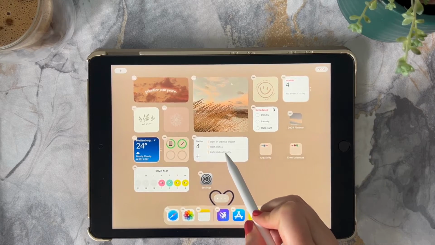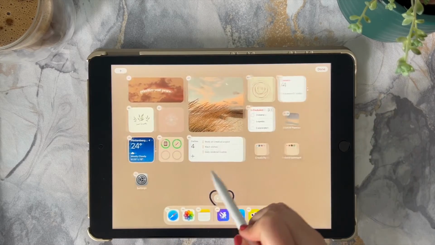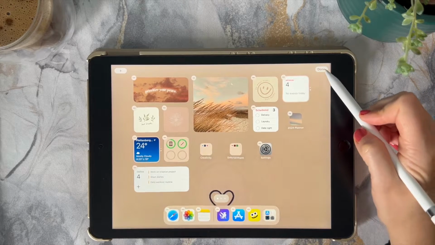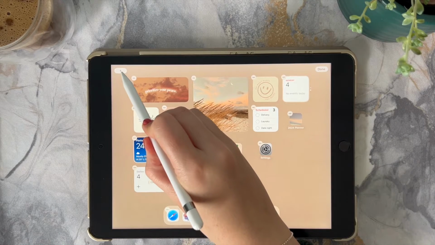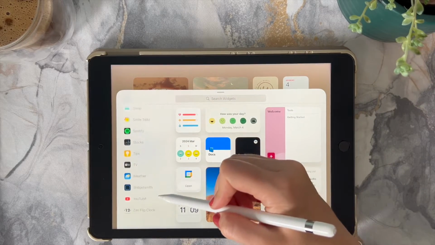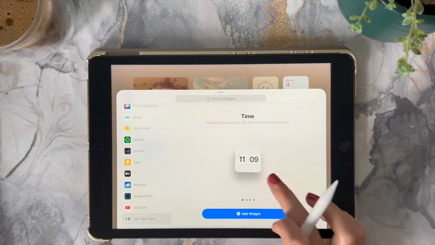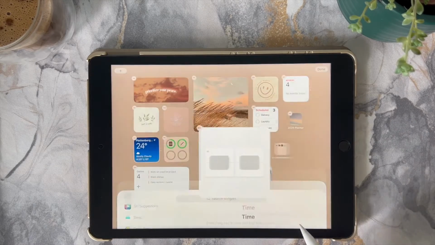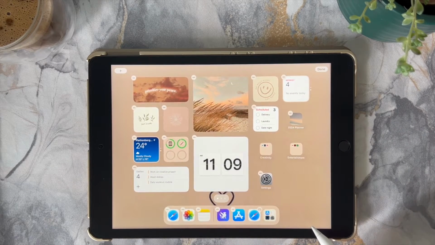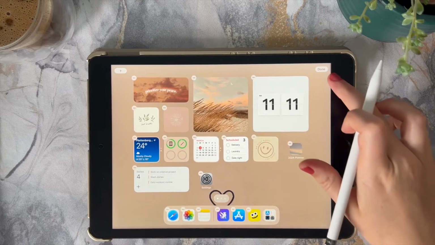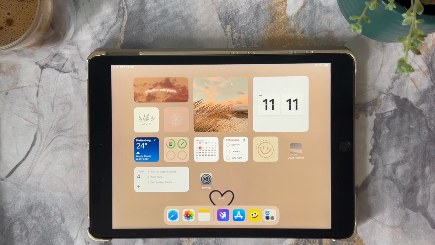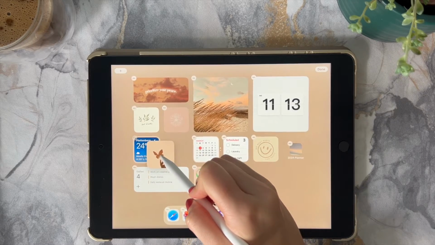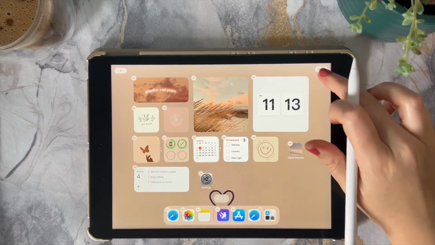I'm quickly going to reorder my widget so it doesn't look as busy. So the next app that I'm going to use is called Zen Flip Clock, and this is also a free app that you can use to add a clock widget to your home screen. So I've just tidied up my home screen a little bit, and I'm going to add another photo widget and then stack it on top of my weather widget so that it all fits in